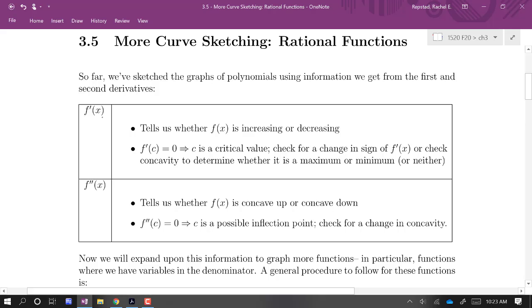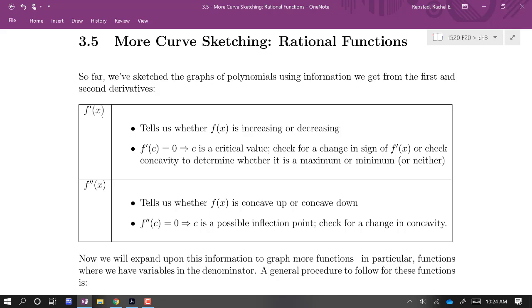The first derivative tells us whether the function is increasing or decreasing. The values where the first derivative is 0, we call critical values. What we do is check for a sign change in the first derivative using our sign chart, or check the concavity at a critical value to see if that critical value is a maximum or a minimum, or maybe neither. The second derivative tells us about the concavity of the function, whether the graph is concave up or